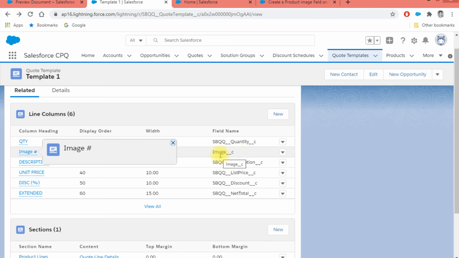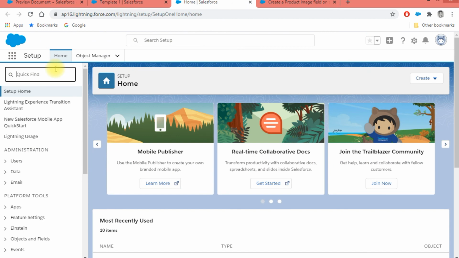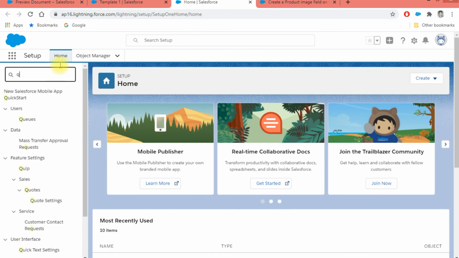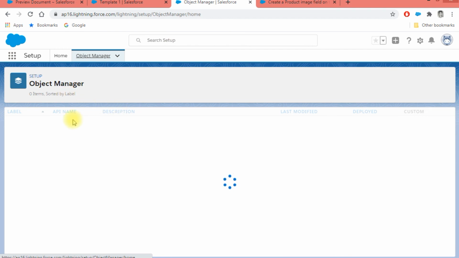So I made a slight change to the formula, because the formula given here worked for the Quote Line Editor, but it did not work for the document template. Before this URL, I have added the code to get the base URL for the org. Let's see the formula again.